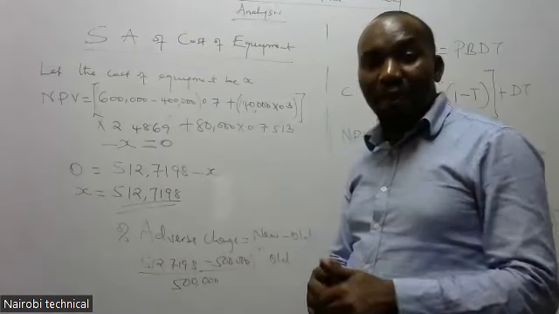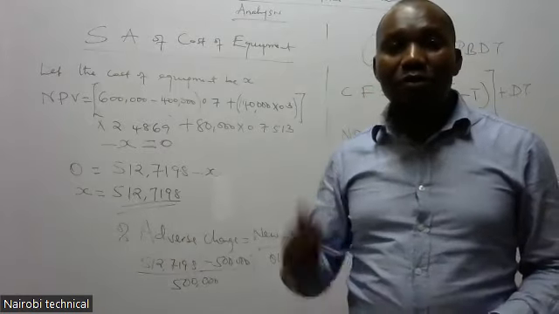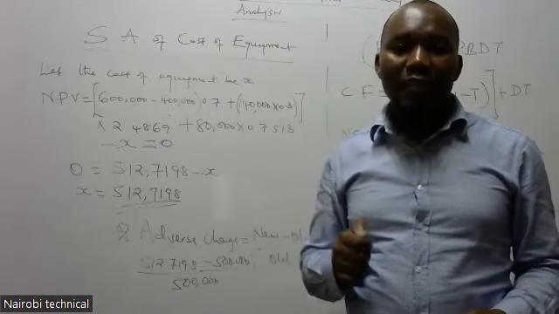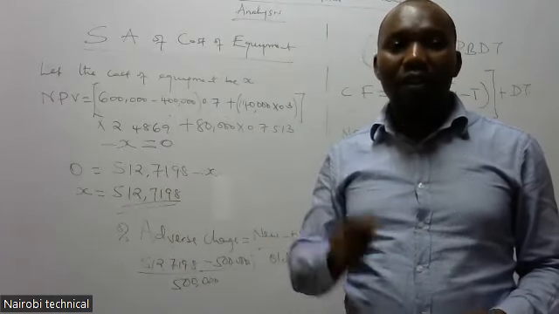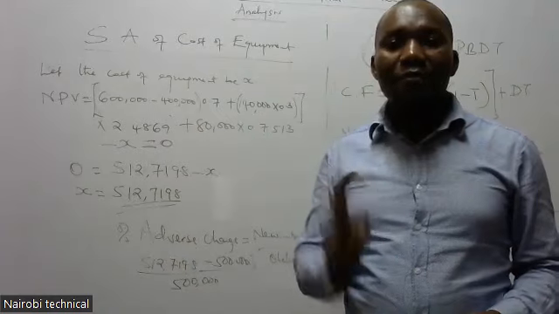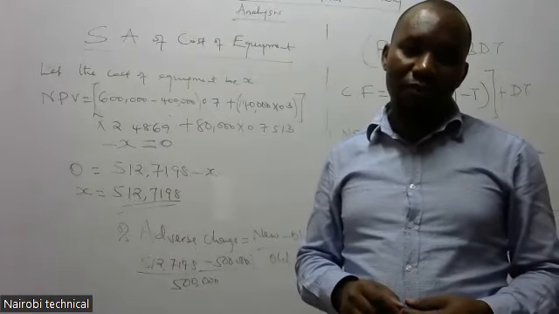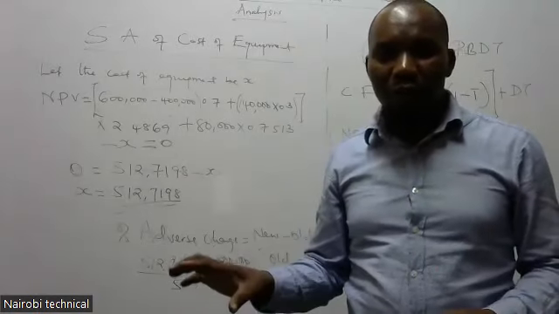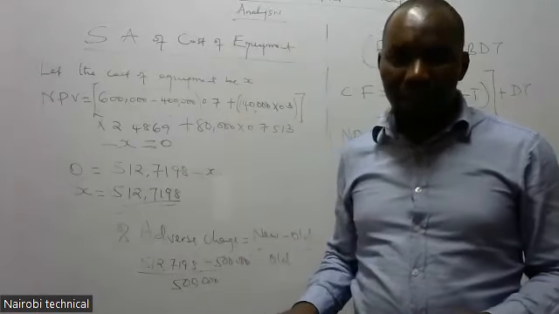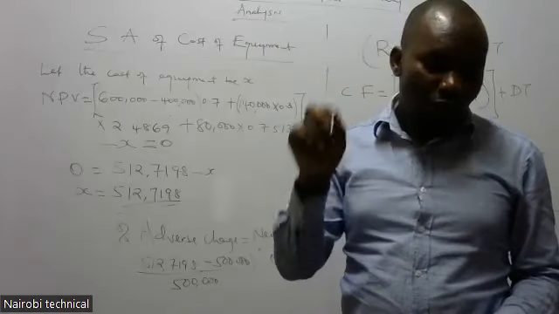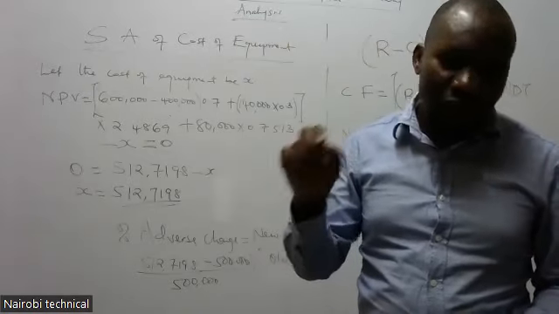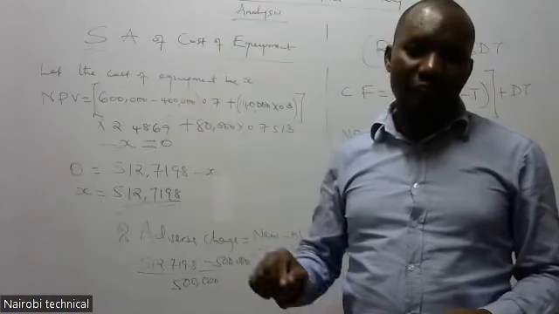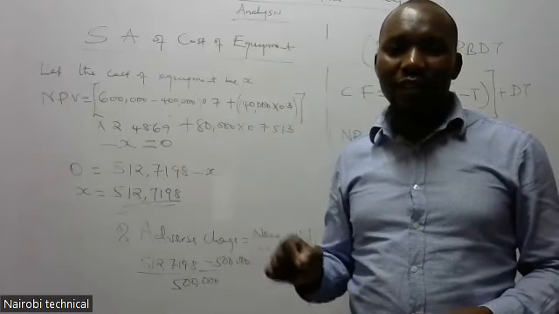But we are saying that in sensitivity analysis, when using break-even point, you assume that the NPV is equal to 0. The first one, I agree, it was not equal to 0. It was equal to 12. In the second circumstances, we are doing question number 2 now. Question number 2 is asking, carry out sensitivity analysis. The first one was okay, 12. That one was done. The second one, carry out sensitivity analysis